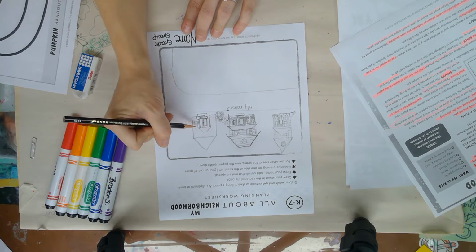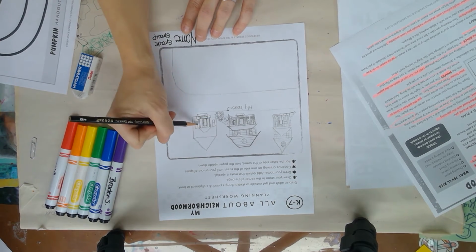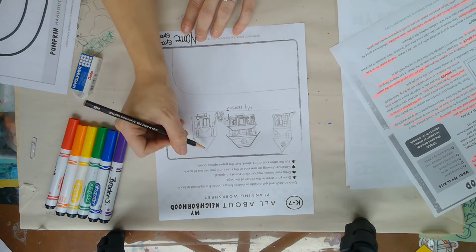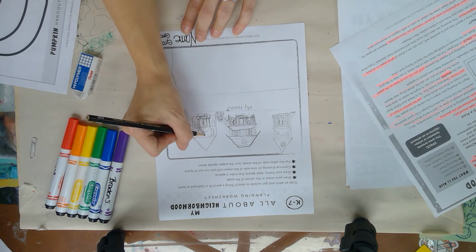And then I know they have 2 windows in the front. And I know that there's a couple windows up here. And I will have to add more details once I get a good look at their house. But their roof looks like this. And then again, I know that they have siding on their house, but I'm going to show you really quick